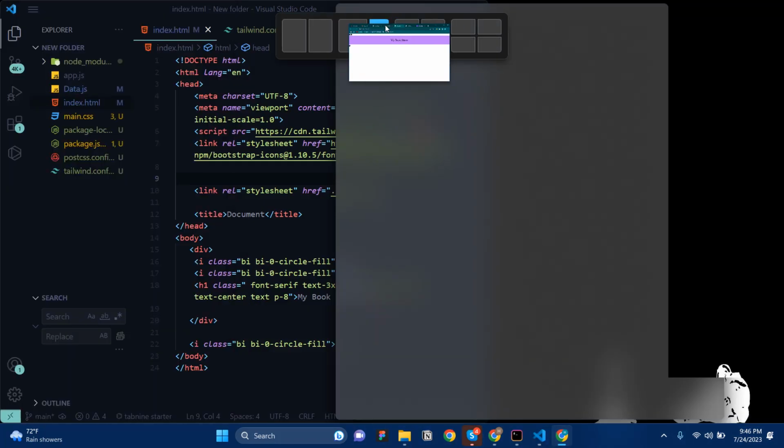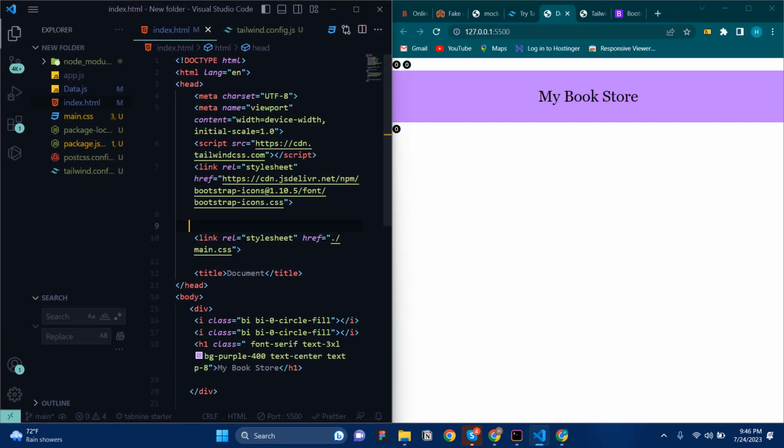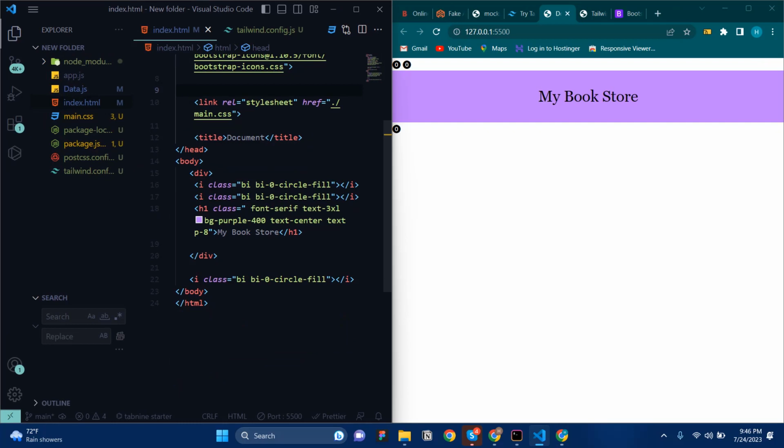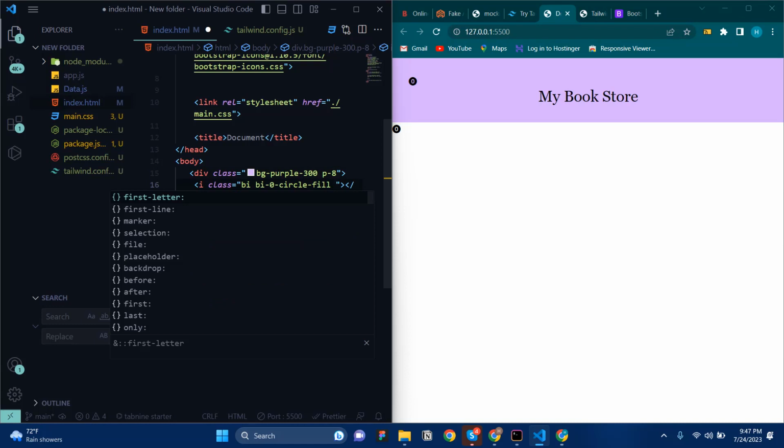Now what I'm going to do is, let us keep here. So go here. What we can do is, I don't want this one. I want the background class name as purple 300 for the entire store. Okay, and then not here, P18. It's going to be here, P18 like this. Okay, and then here we can view the classes, text center,